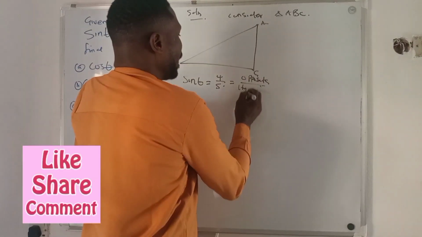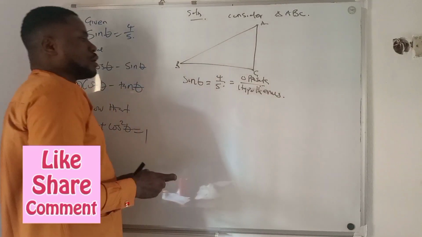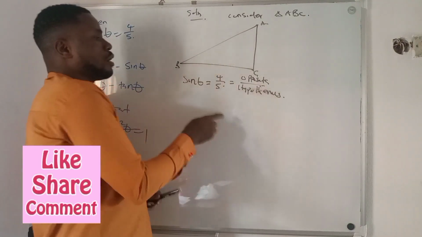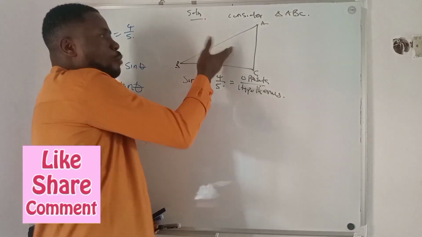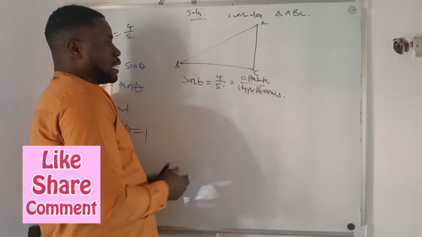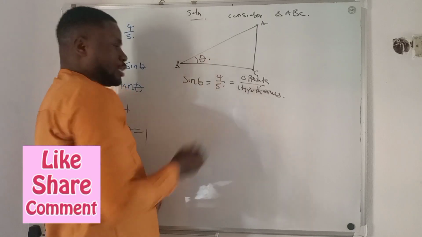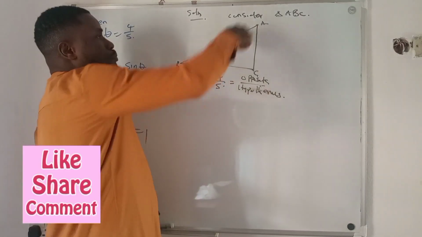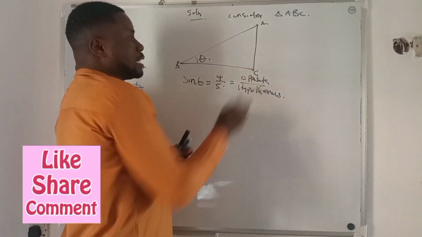Opposite over hypotenuse. What this means is that 4 is the opposite, 5 is the hypotenuse. So we have to go back to the triangle. Depending on where you choose to place your theta, I may decide to put my theta here or here. If I place my theta here, it doesn't matter. Even if you decide to place the theta here, but you cannot place it here because this angle is already